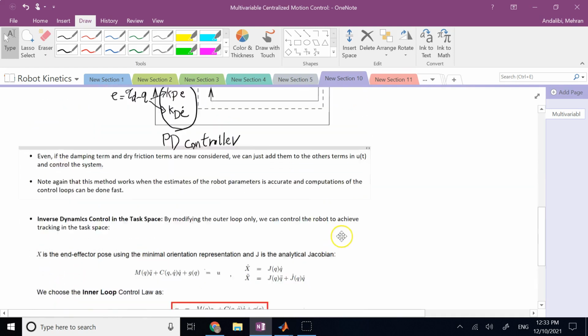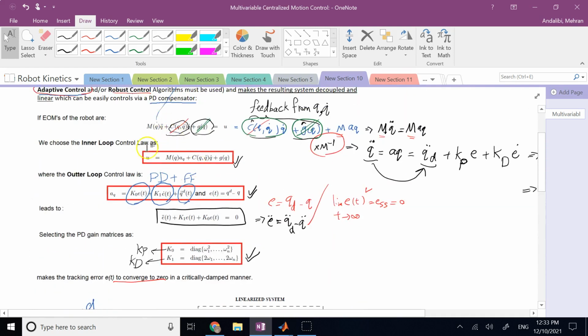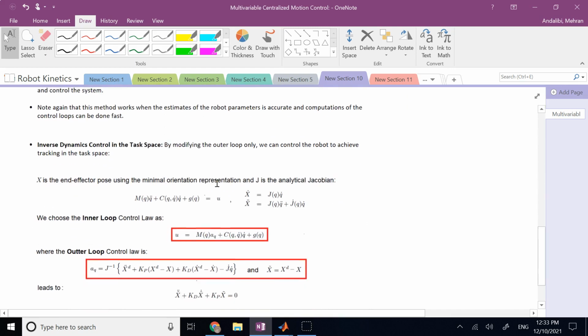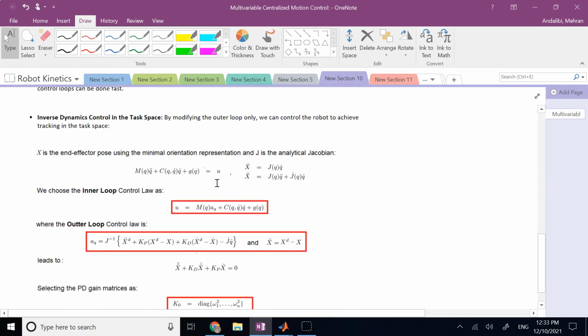As I told you, we can derive these control equations and formulas in the task space, because many times the trajectory is really specified in the task space, not in the workspace. So we know our x desired, not q desired, and x here is the end effector pose, which is the position and orientation. If we know the end effector position and orientation, and we want to design our control, inner and outer,